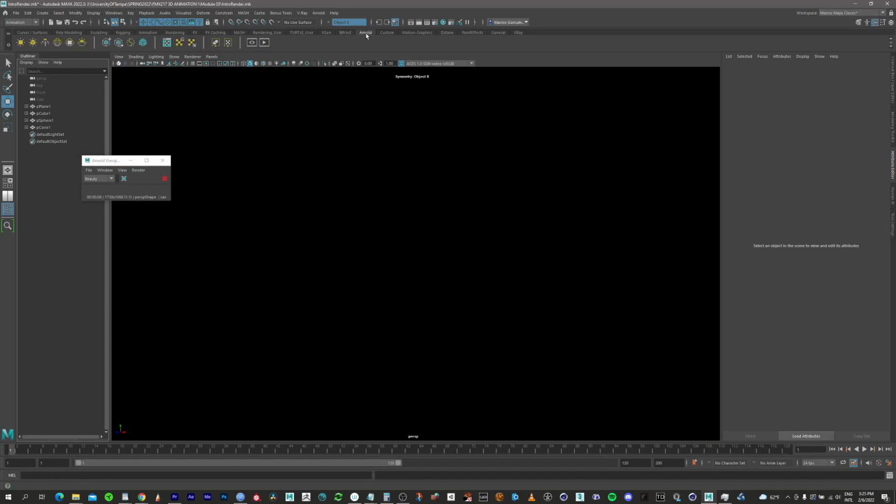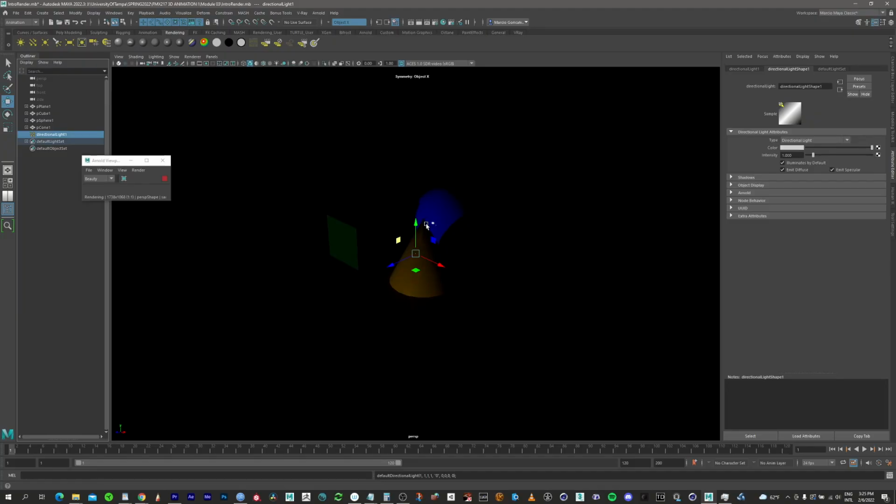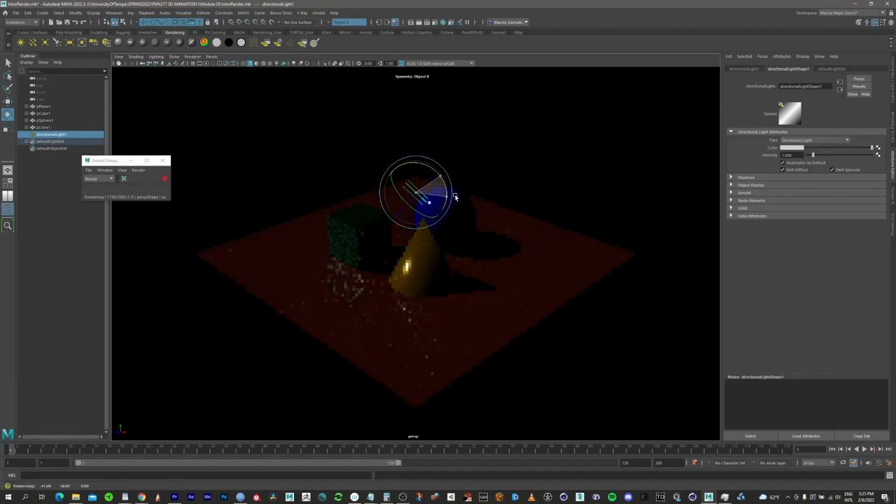We can find those here in the Arnold shelf. But let's review the ones in Maya first. The first one that is useful is this one here, which is the directional light. The directional light is going to create parallel rays. So this was originally created to simulate the sun, and you can get a good approximation of the